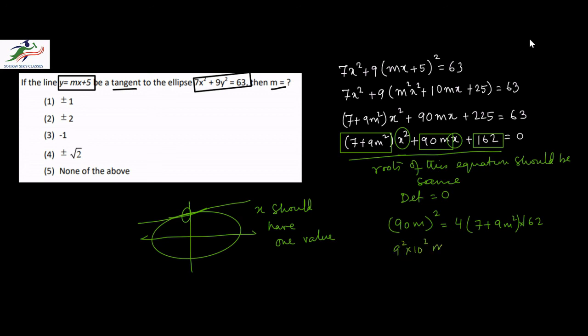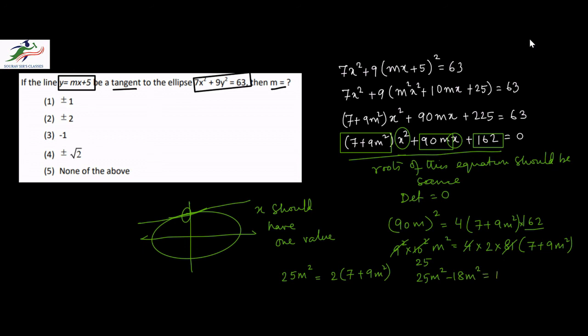So this can be written as 9 square into 10 square m square is equal to 4 into 162 can be written as 2 into 81 into 7 plus 9 m square. So we can straight away cancel 81 with 9 square, 4 with 10 square, which is 100, to give us 25. So we get 25 m square is equal to 2 into 7 plus 9 m square,